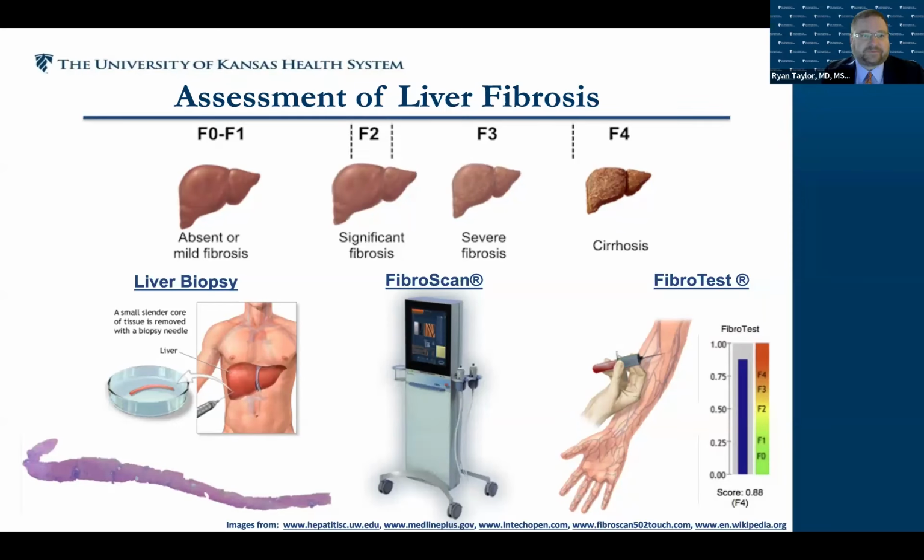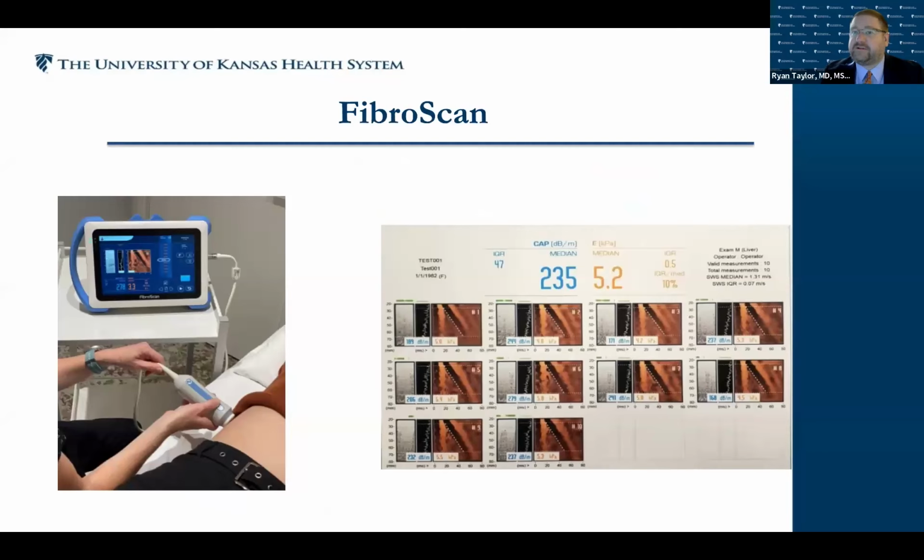Next slide. For those of you who are not familiar with FibroScan, this is a device with a probe that we put on the side next to the liver. It does a gentle tap, which sends an energy impulse through the liver, and from that you can extrapolate how much scar tissue there is. So it is a non-invasive way to assess for fibrosis. It takes about 2 minutes if it goes smoothly, so a very quick, painless way, and really the standard that all liver clinics now follow as far as assessing fibrosis.